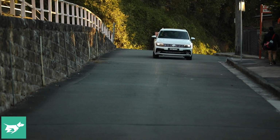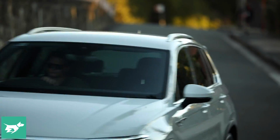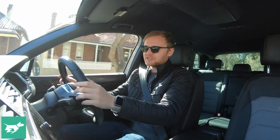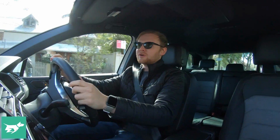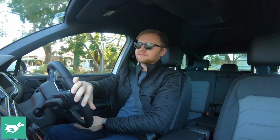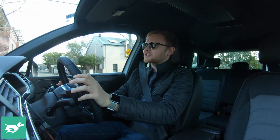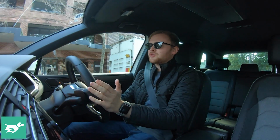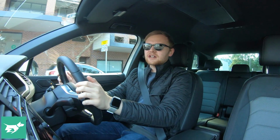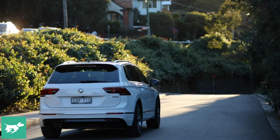So in this comparison, the Tiguan's biggest advantage, I reckon, is actually how it drives. I think it looks pretty good outside, and I think the interior is modern and upmarket, but it's actually the premium approach to dynamics that Volkswagen tend to take across the board that makes the Tiguan just feel a bit more expensive from behind the wheel than the RAV4. That's not to say that the Toyota is bad to drive, and we'll get into its unique dynamic benefits in a few minutes, but the Tiguan has the benefit of, I reckon, a really solid approach